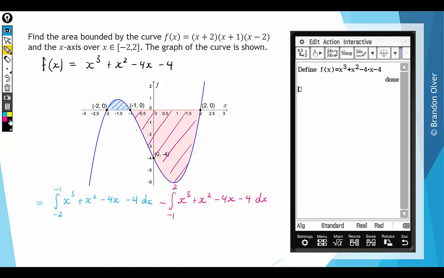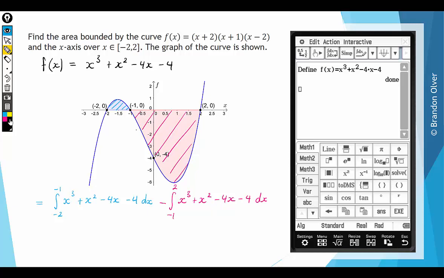Our area was found by using the integrals. If you go into Math 2, you can see the integral symbol just there. If you tap on that, we can fill in our terminals. The first one was between -2 and -1. Instead of writing out the whole function, we can just drag this f(x) in and integrate that with respect to x. Then the next part was minus, and we had the same integral, but now from -1 to 2 for the same function f(x)